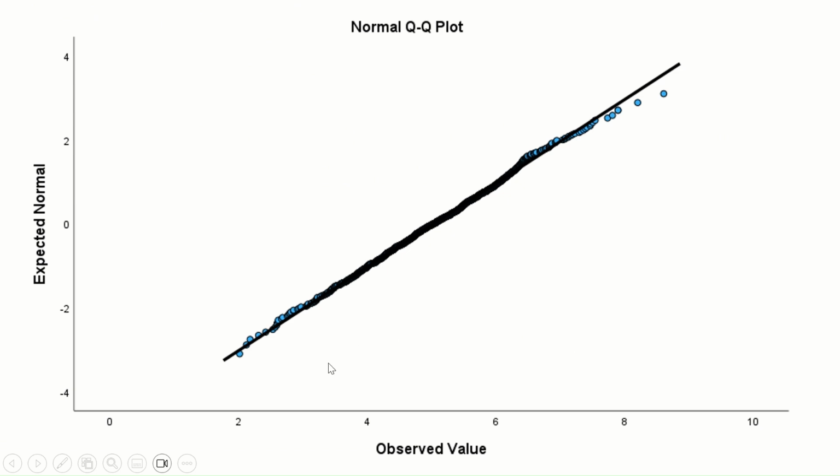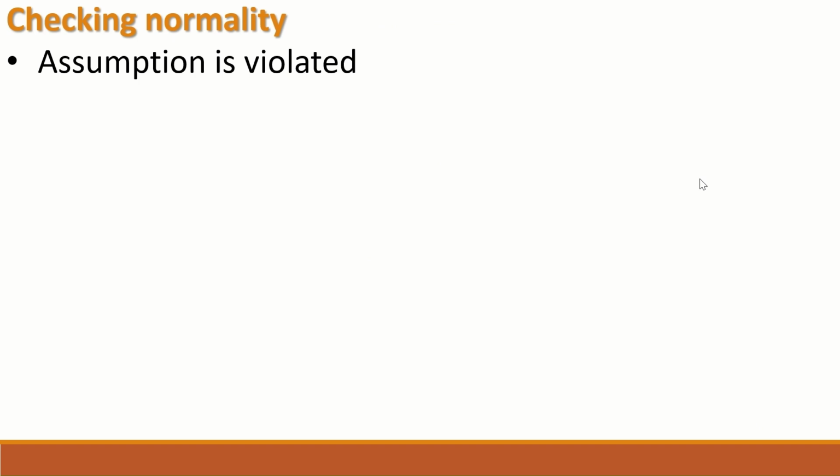As shown here in this QQ plot, the diagonal line and these circles represent the scores or the values from each of the data. And all these small circles are aligned along the diagonal line, and this indicates that the data are normally distributed. If the assumption for normality is violated, then the t-test cannot be used, and an alternative